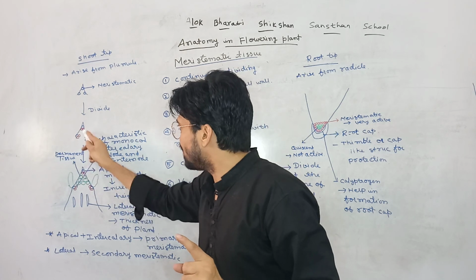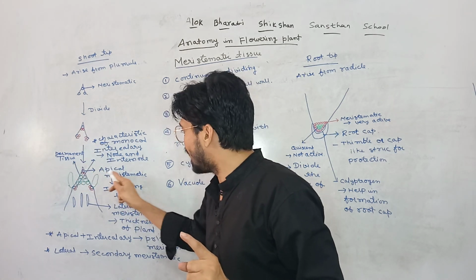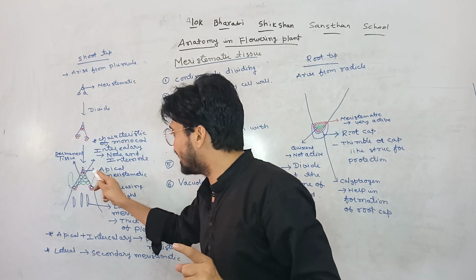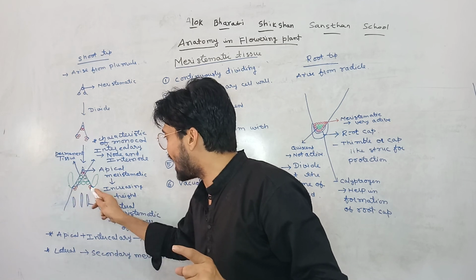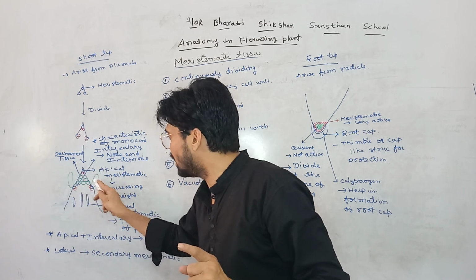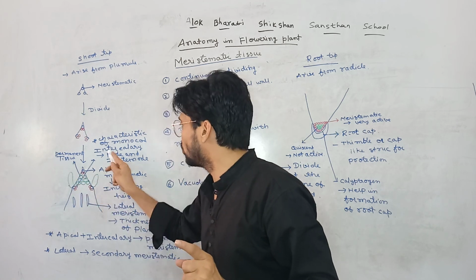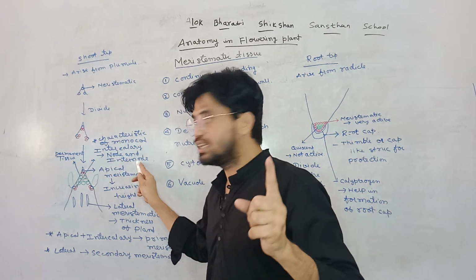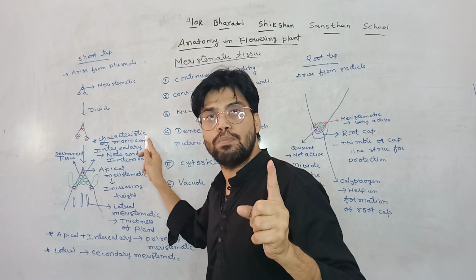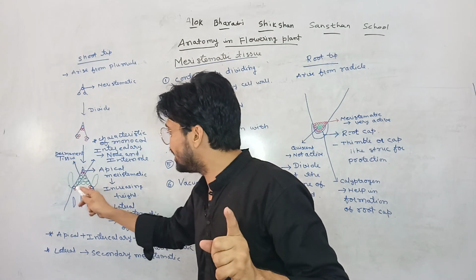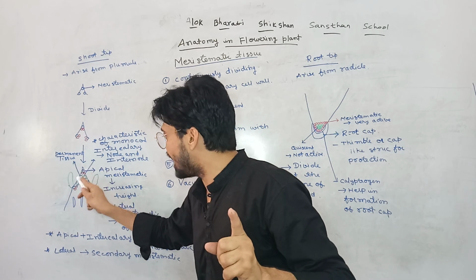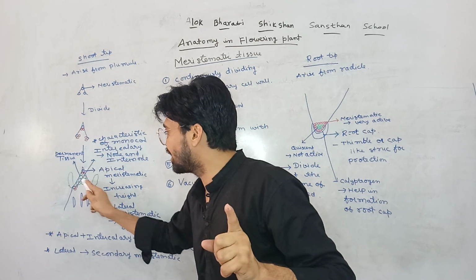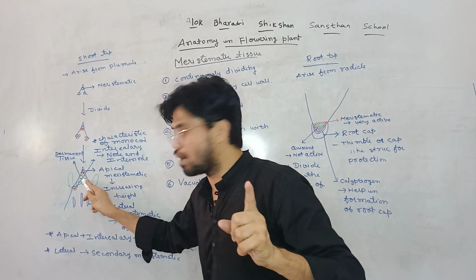After that, some meristematic tissue is present at the tip, which is known as the apical meristematic tissue, and it will help in increasing the height of the plant. The second one moves to the other side of the plant and helps in the formation of the leaf primordia. This tissue is known as intercalary and it is responsible for node and internode. This tissue is an important characteristic of monocots. Between apical and intercalary there is a lot of tissue, which I show by the green marker, and it is known as permanent tissue.